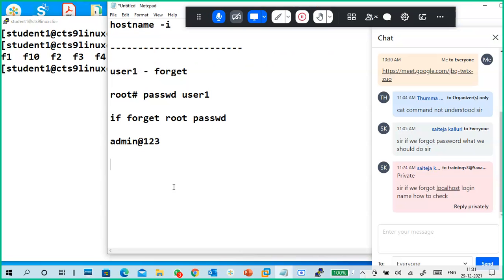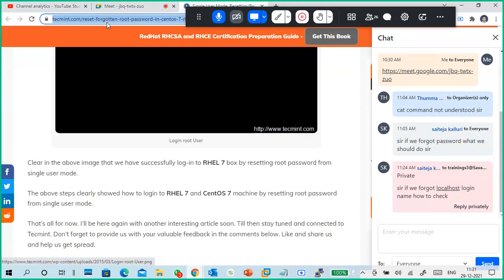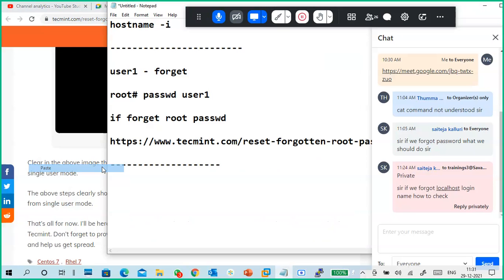Okay. Next one is ls command. So it's a list directory.